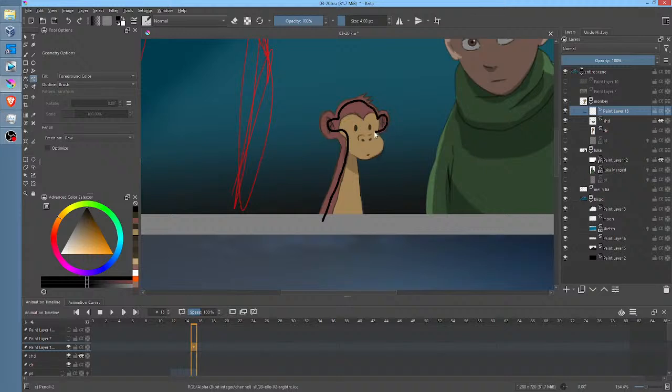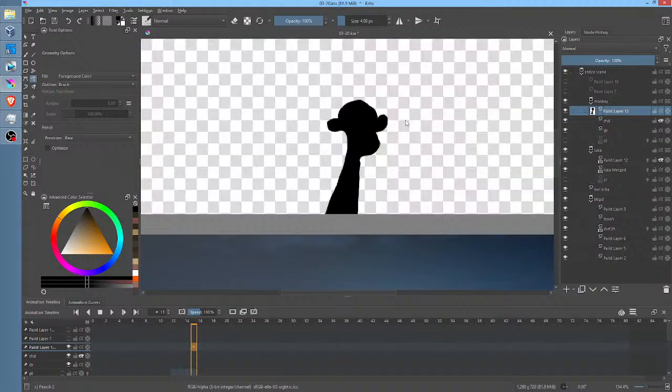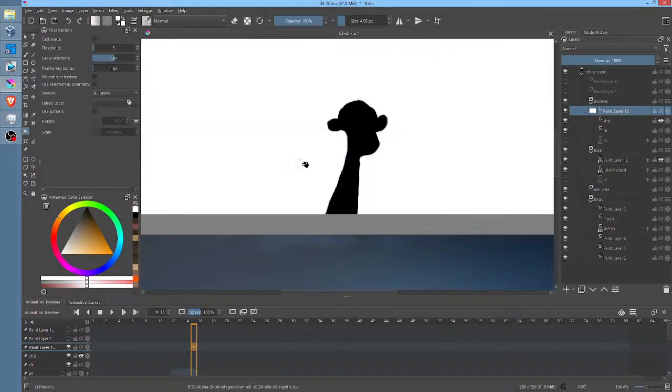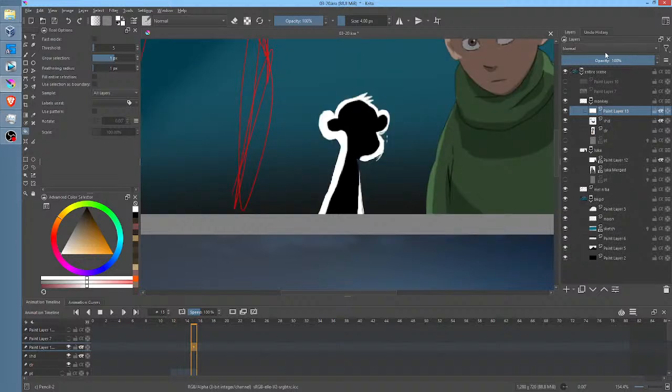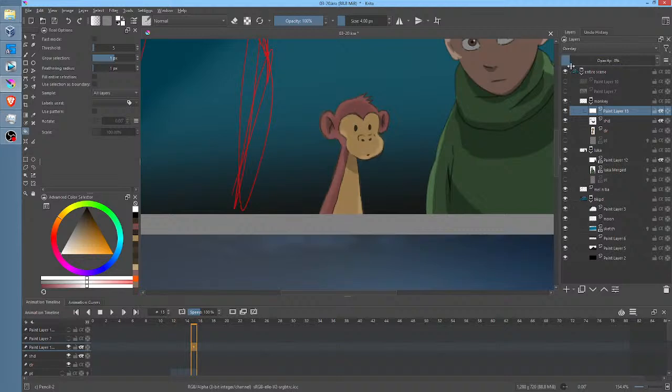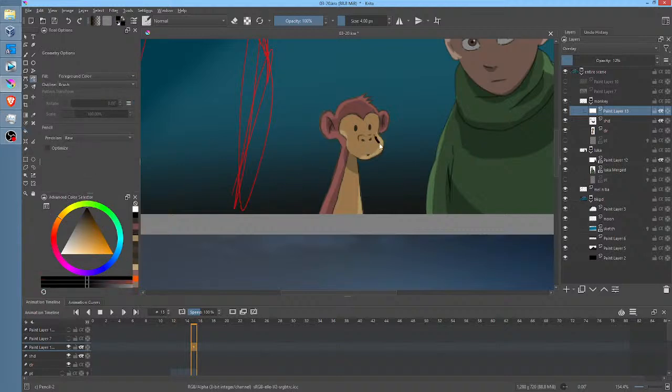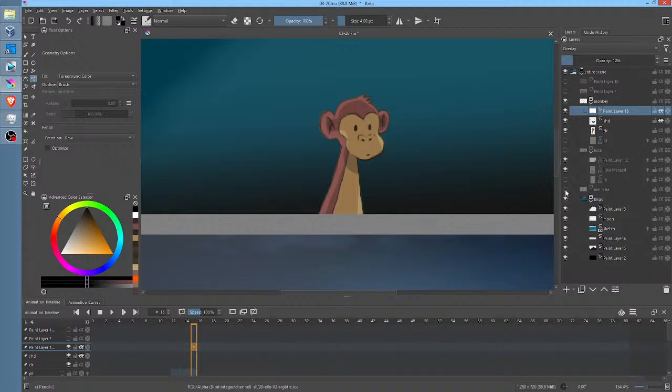Okay, and then this is going to be the other thing, which we're going to do the same thing we did for Luca. We're going to hit F and fill that with white so that we can then alpha lock it, put it in overlay mode, and I'm going to go ahead and I feel like that's a little bit much. So the only thing that's kind of egregious here is, whoops.